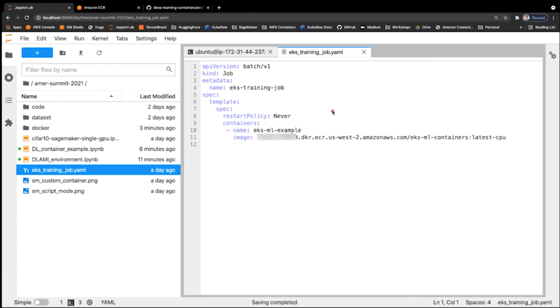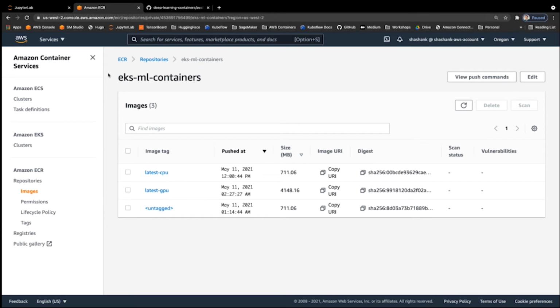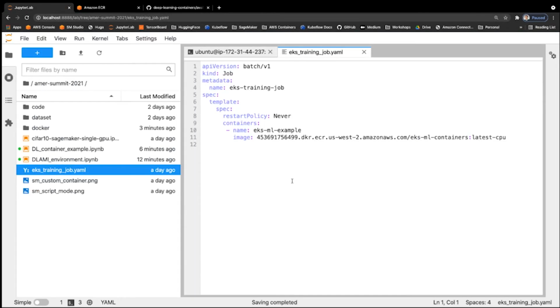All I'm saying is I want to run this specific container. This is the container that we built and pushed to the ECR registry. So I want to run this container, and as I showed earlier, this is the same container that we pushed to the ECR in the previous demo.